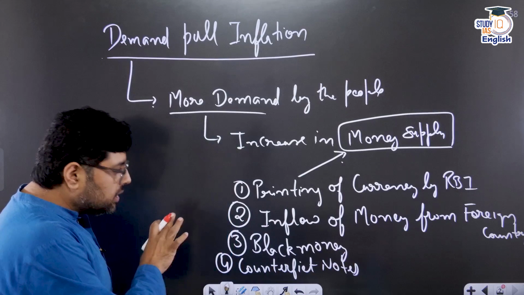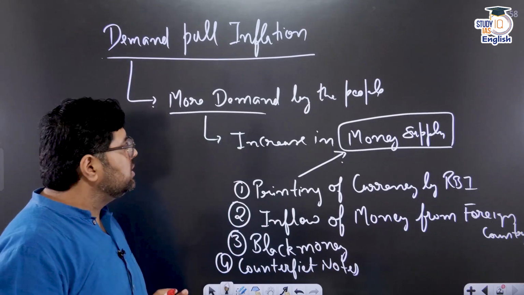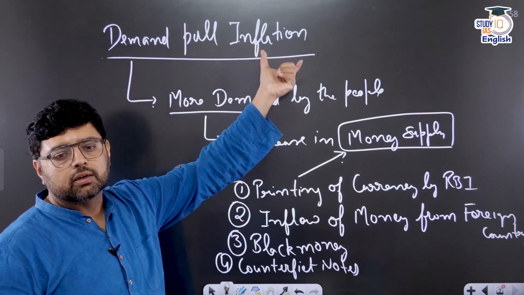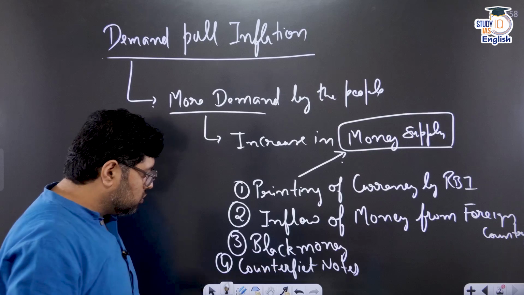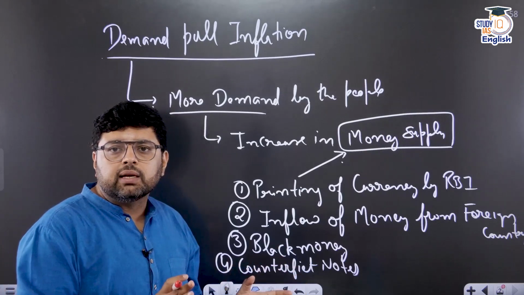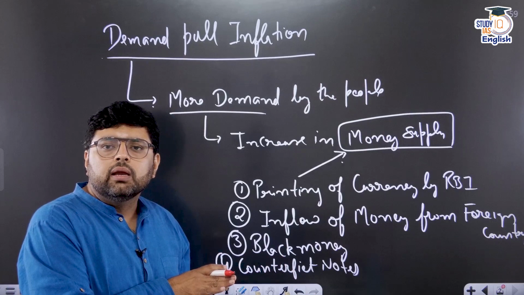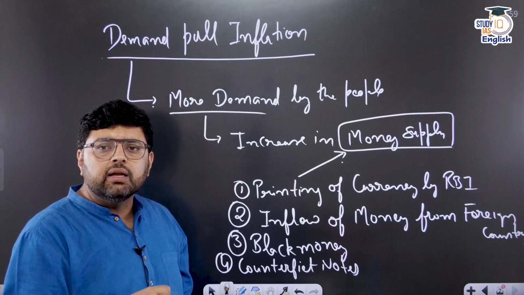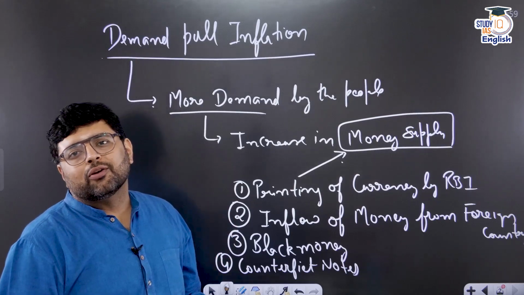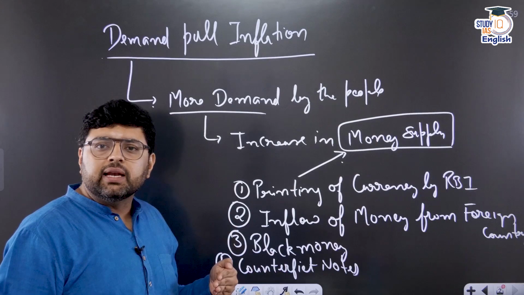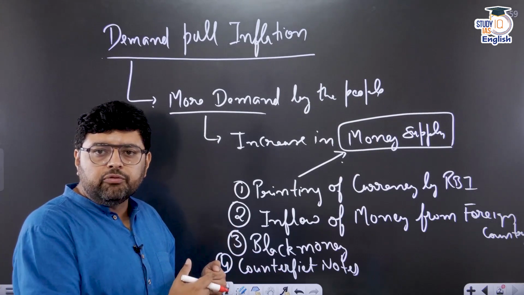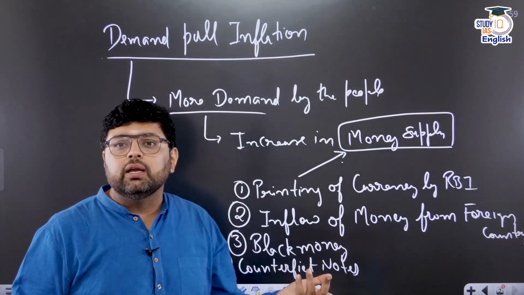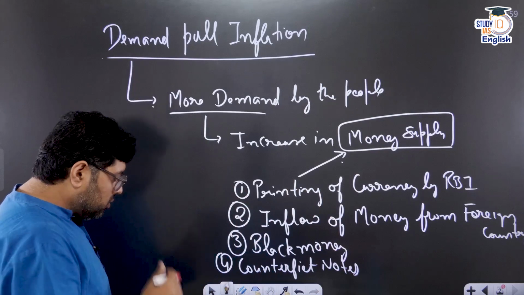Now these all are the prominent reasons for increasing the money supply, and ultimately this money supply increase is responsible for demand pull. So fake notes. You are surprised, why fake notes? Because by the time fake notes enter our economy, and by the time the government or concerned authorities identify it, they have penetrated into our economy. So either you check at the beginning itself that there should be no fake notes, but if we are unable to do it, then it is going to increase the money supply.